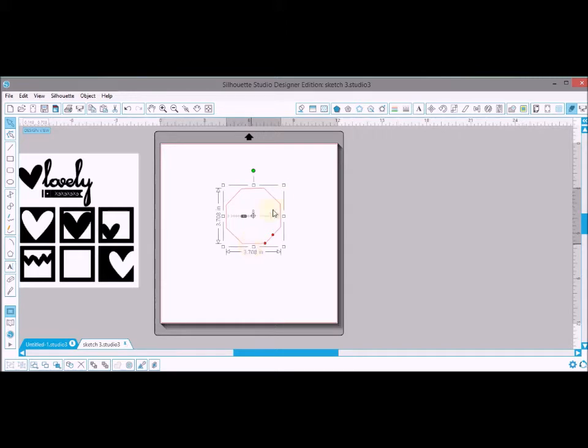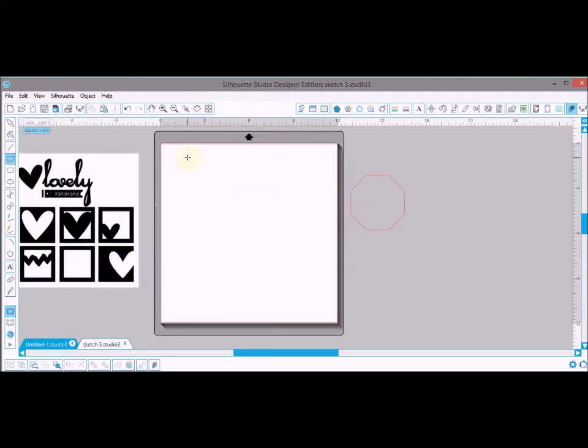Okay, so I'm just going to show you that really quickly, that you can obviously resize this with those same sizing handles we did with the font earlier. So it's the same process. If you use the outer ones, it's going to proportionally keep that size the same. And again, it would squish it if you use the other ones. So I'm just going to drag that off my mat